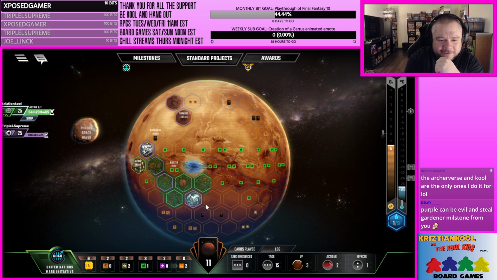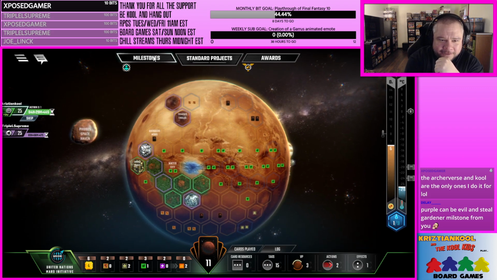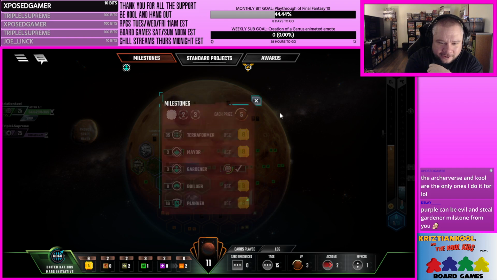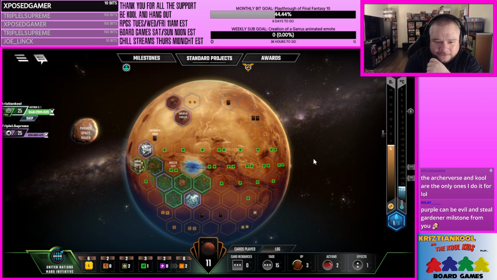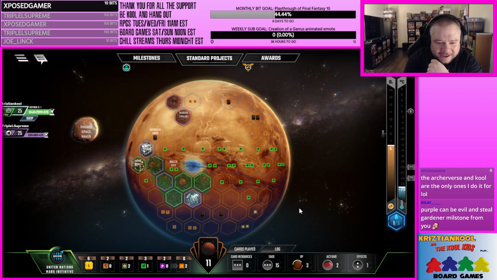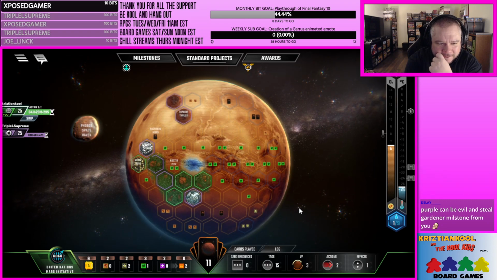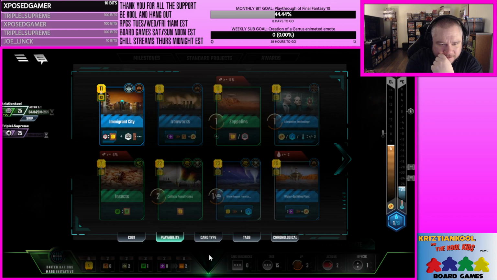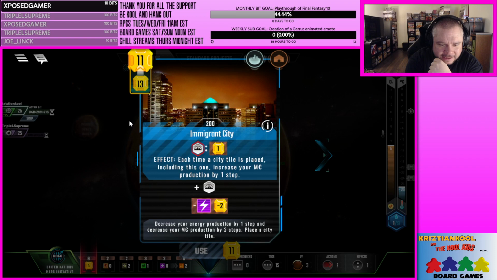Oh, still Gardner milestone. Yeah. If you would have had one more green tile, you could have taken the Gardner milestone for me. I was looking. I saw that a little bit ago. I was like, okay, I'm gonna have to go for that next. Yeah, I couldn't afford it anyways. So yeah. Is there anything else I can play? Maybe I can. Well, if any more of these things come down, I'm gonna need to get this done. So,